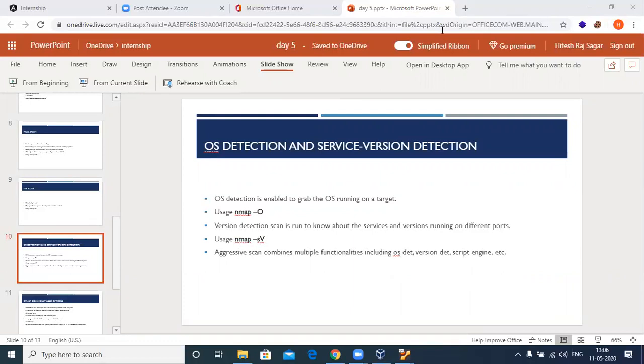Try, it's okay. Try. It's just the versions of the services running in the background or active. Right. That's good. That is good.